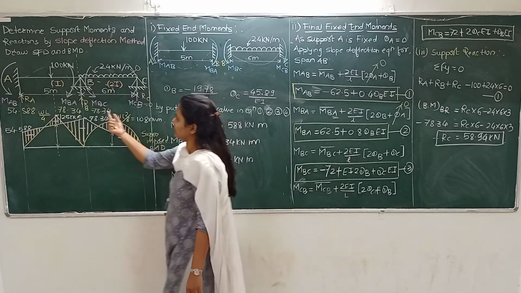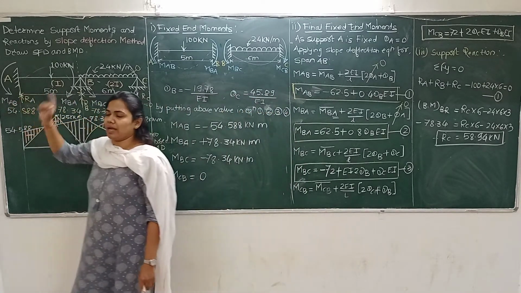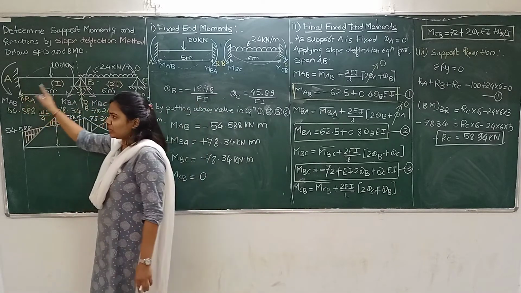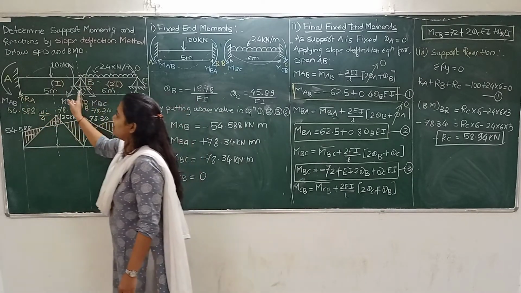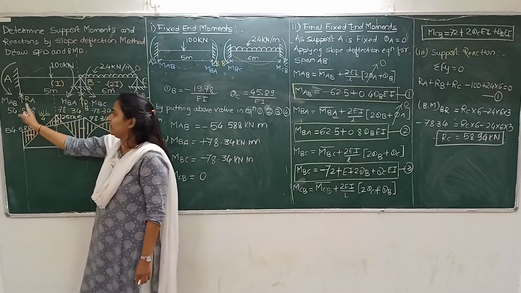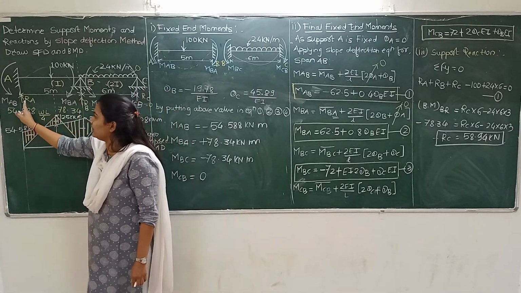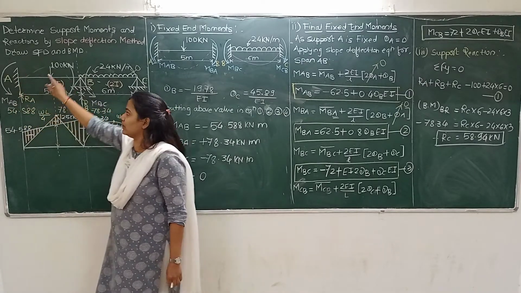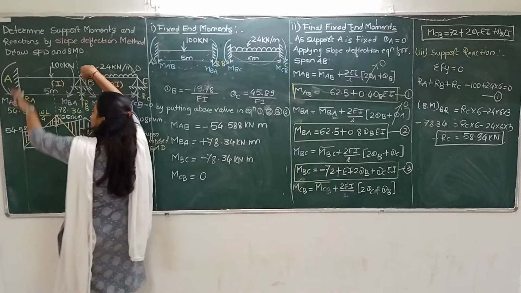Now let us take the left part of B and apply the bending moment equation. Just see the left part of B, no need to see the right part, and try to write the bending moment equations. Now, on the left part of B, the RA is acting in the upward direction, so RA will create again, keep this point fixed, and I'm just checking.